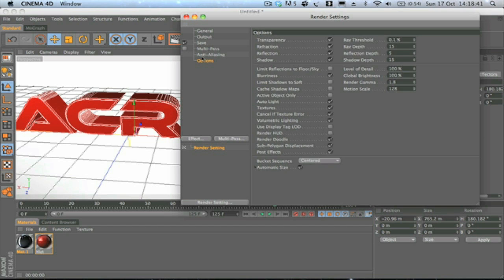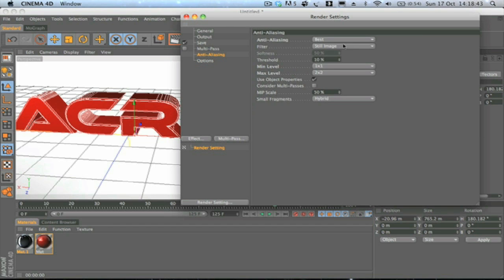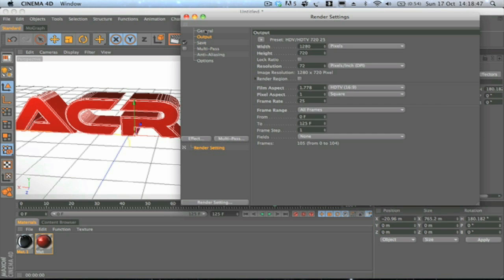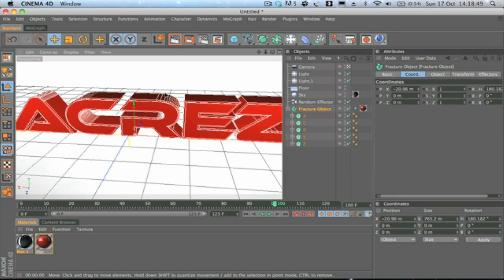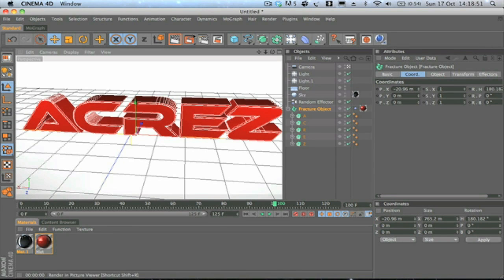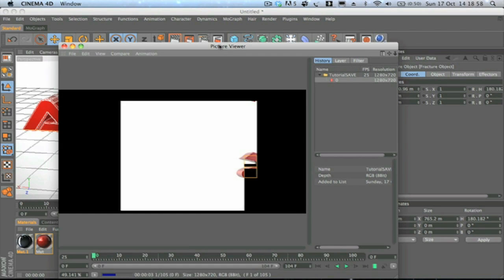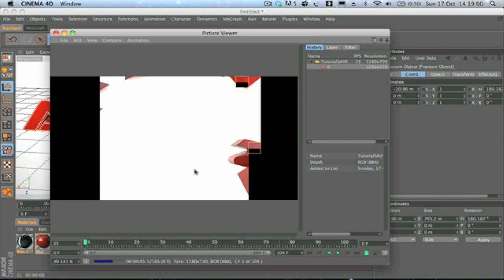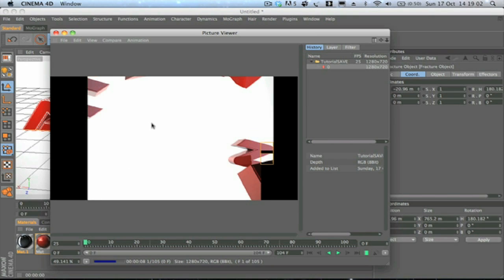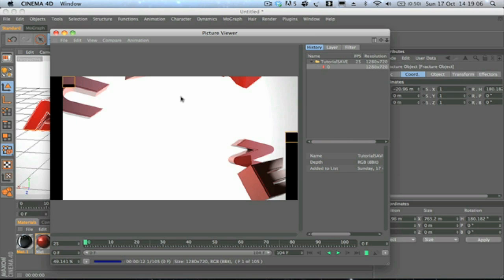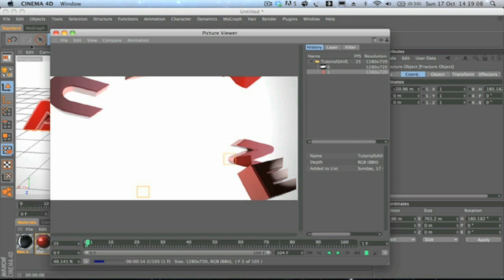Options. Nope, that looks all good. And then when you're ready to render, if you just click the orange button here, and it will start to render. It may take a while if you've got a lot of reflections and lighting, etc. So